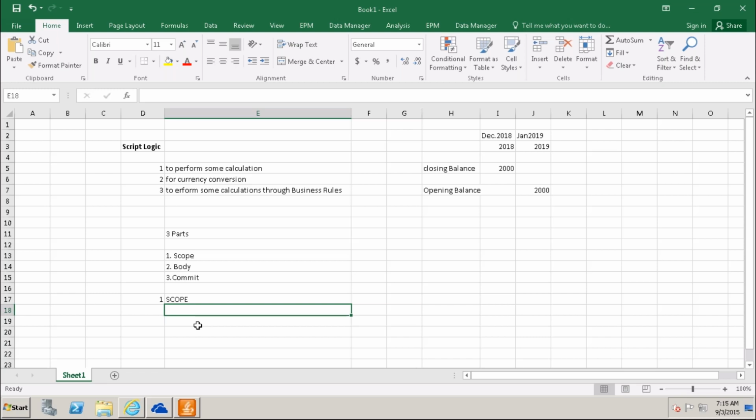For example, whenever we are getting actuals from the source, the client requirement is that 5% increase of the actuals should go to the forecast. That is my forecast value for the next month.